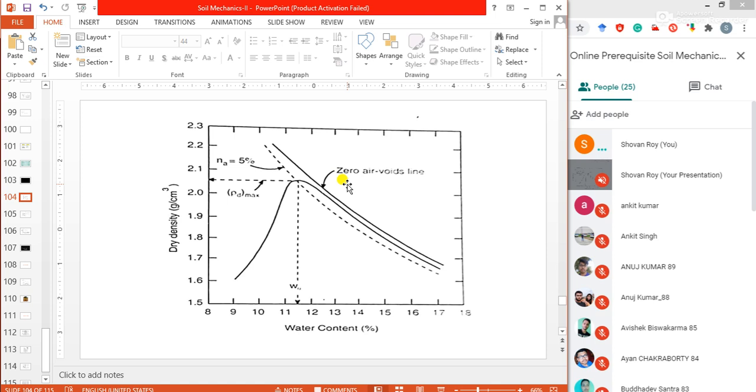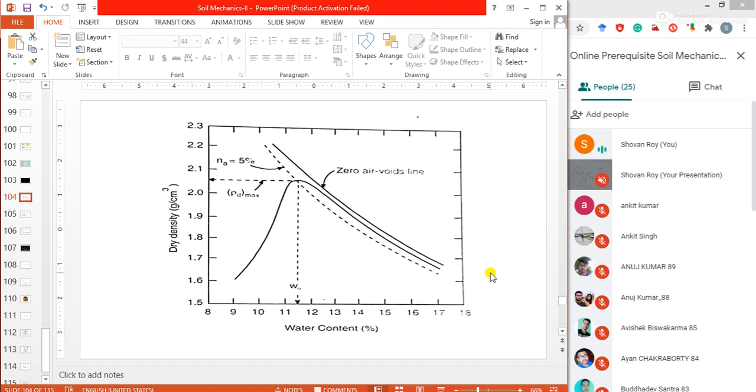Due to this concentration of electrolyte, soil first gives us the maximum density at a certain percentage of water. After the maximum density is achieved at that percentage, if we add further water to the soil, then it will give us a lower density. So this is the basic physics behind water content and soil. Okay,